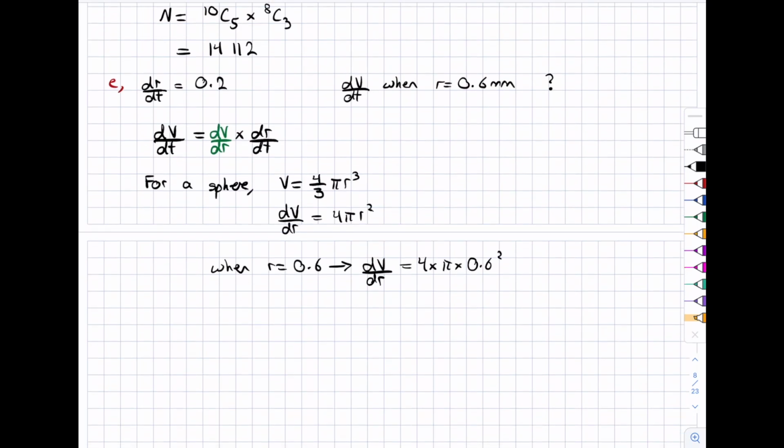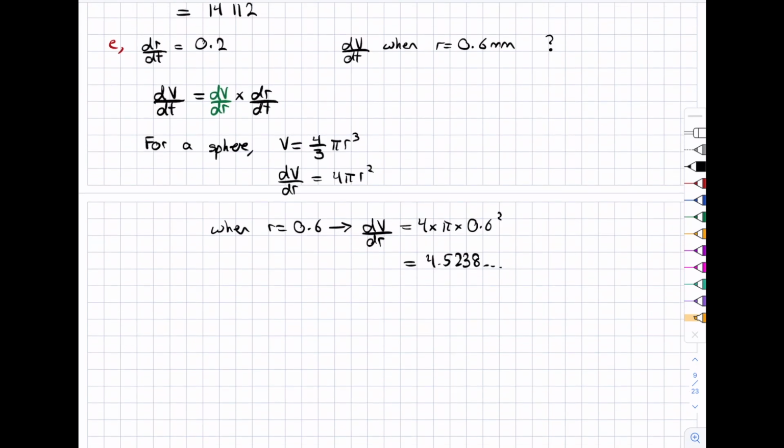Okay, plugging that into a calculator gives 4.5238... I would not round off there, I would leave it like that, and I would leave it sitting in my calculator as well, because now I can say that dV on dt